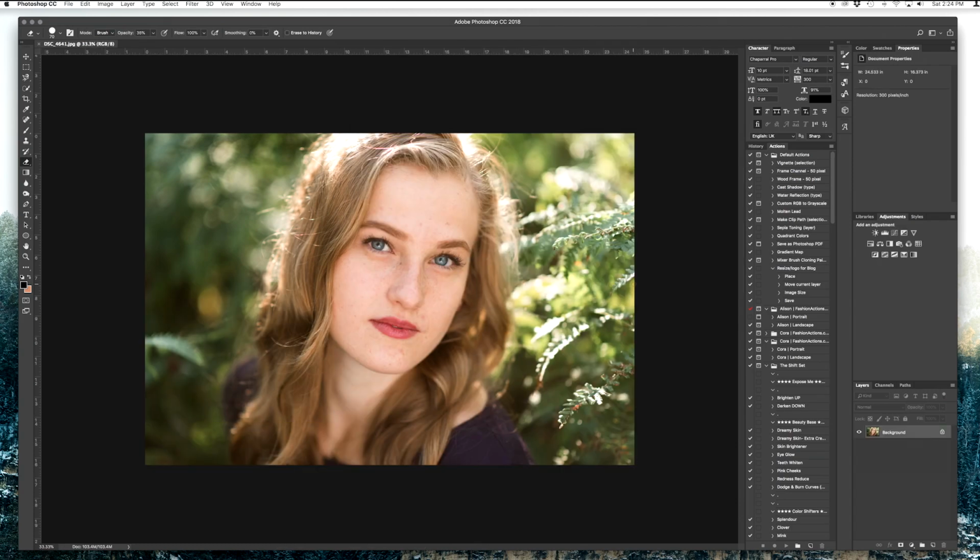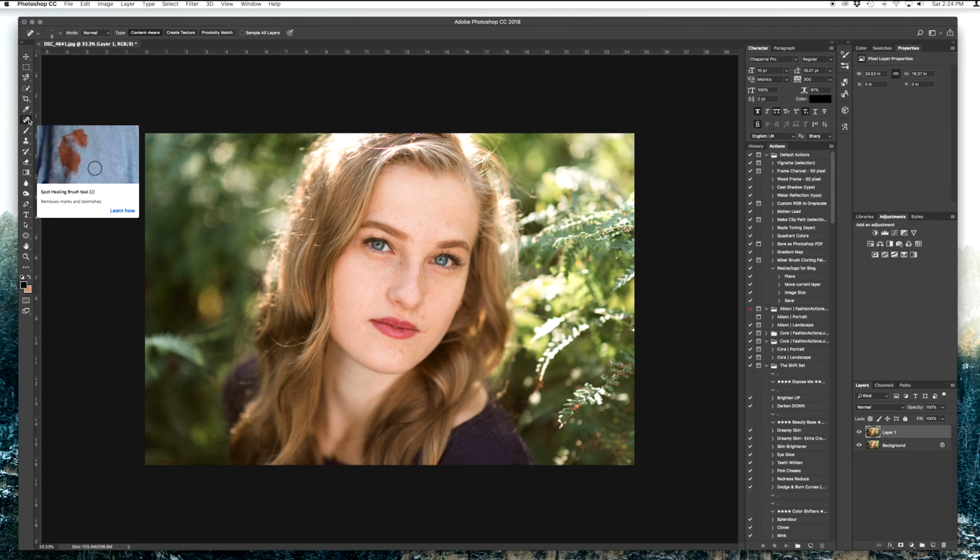So the first thing I'm gonna do is Command J to create a new layer. Then I'm gonna head over to this little spot healing brush tool. This works like magic. For expanding my brush size, I use a keystroke. Those will decrease and increase the size of your brush. So what I do here is I go into any of the spots that I think need to be taken